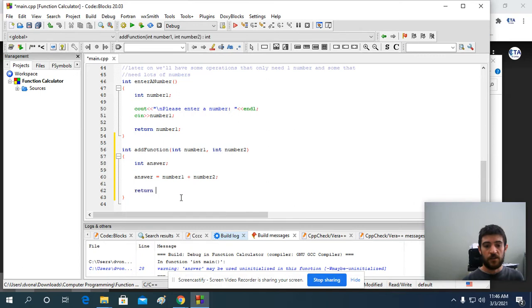And then I could return answer. Okay, and that will send the result back up to the main function. So anytime I call this function, eventually the result will get plugged in for that call. All right, so if I go back up top here,